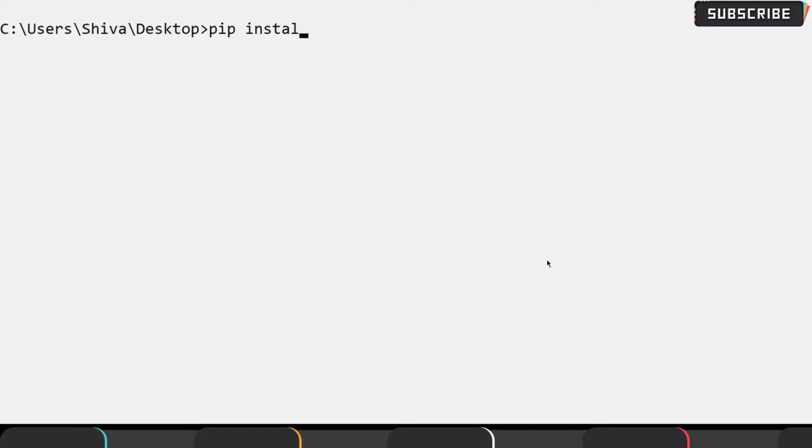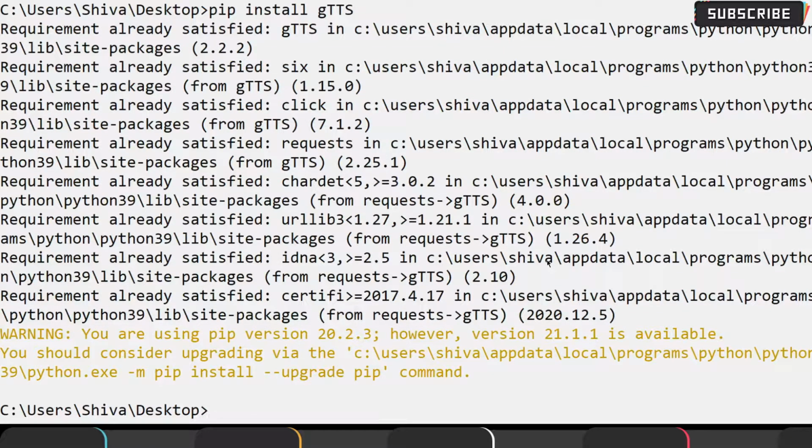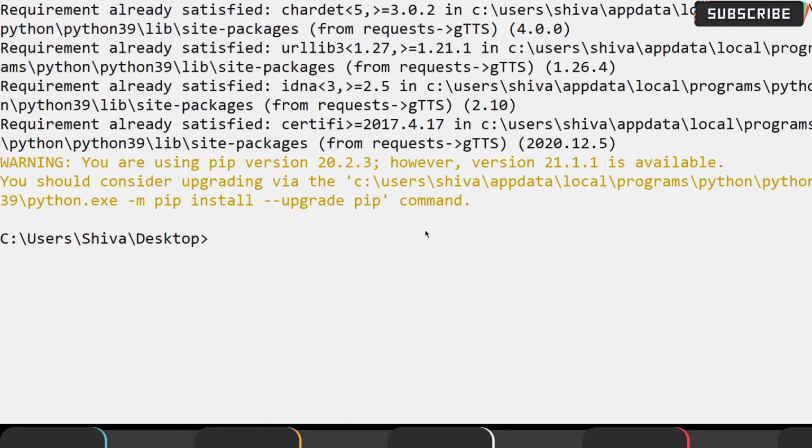So pip install gTTS. By typing this, you can see that it is already in my system. It says requirement already satisfied. So we have installed the first library. Next, I will try to install pyttsx3.